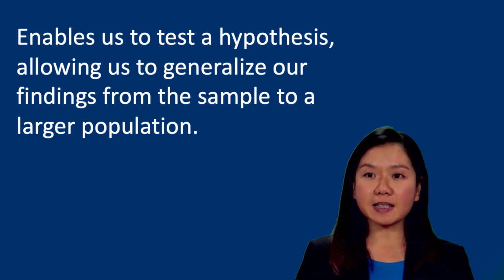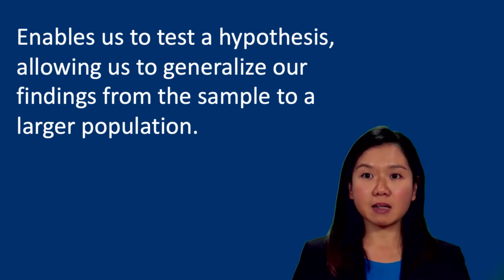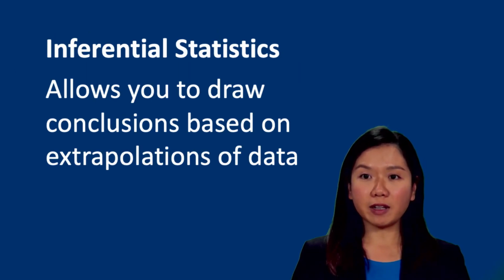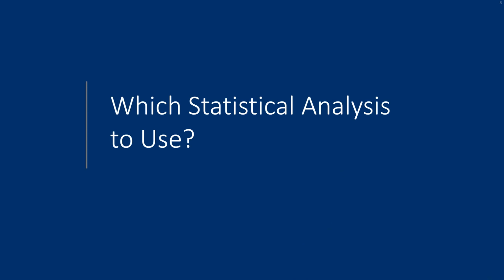Inferential statistics allow us to test a hypothesis. This will allow us to generalize our findings from the sample to a larger population. We might hypothesize that there is a relationship between two variables, such as the strength and thickness of a material. The stronger the material, the thicker it is. And we can examine this using a correlation test to examine whether this relationship is supported based on our sample. Or we can ask if there is a difference in our measured variable between two or more groups.